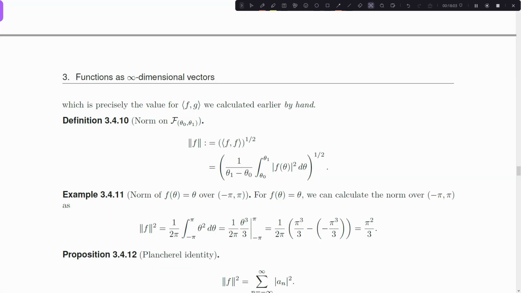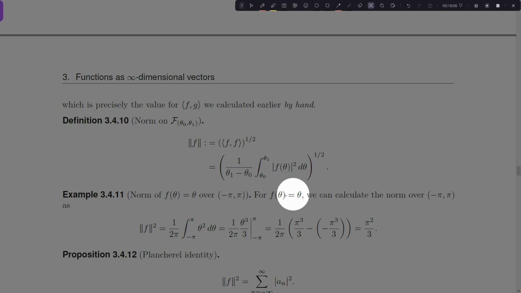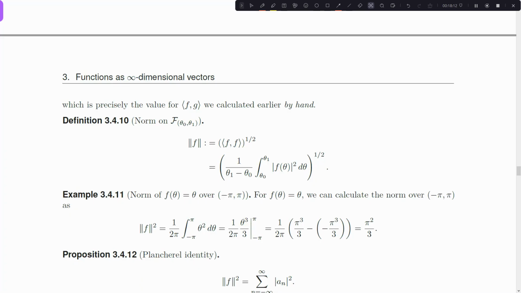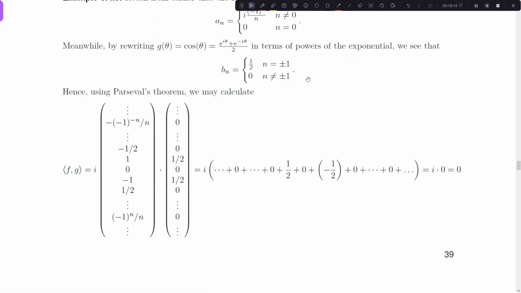And we can compute it. I've got an example here where we compute it for f of theta being theta over our favorite interval. We would get something like pi squared over 3. But because of the Parseval theorem,